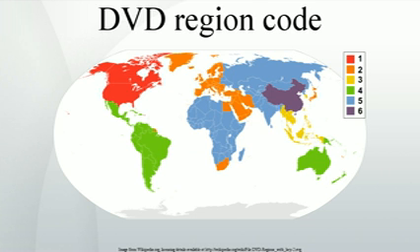PAL/SECAM versus NTSC. DVDs are also formatted for use on two conflicting regional television systems, 480i/60 Hz and 576i/50 Hz, which in analog contexts are often referred to as 525/60, NTSC, and 625/50, PAL/SECAM, respectively. Strictly speaking, PAL and SECAM are analog color television signal formats which have no relevance in